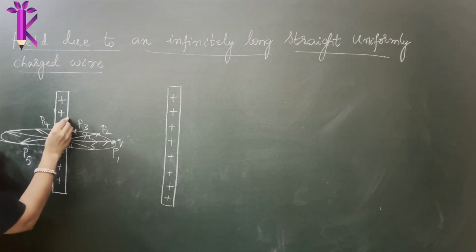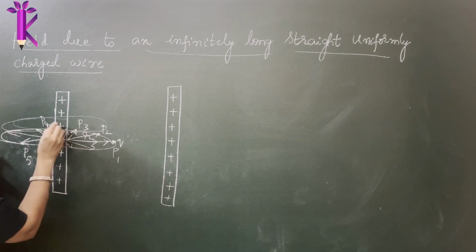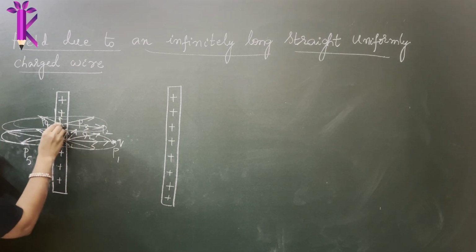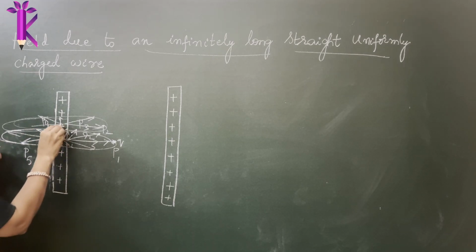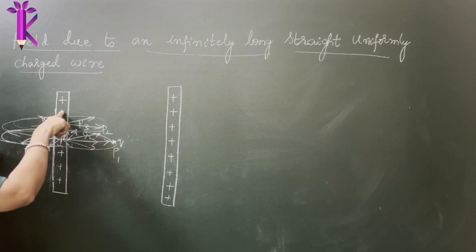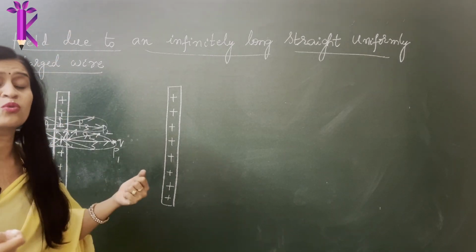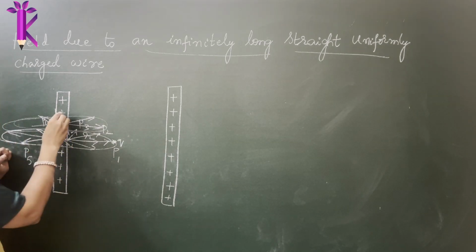So similarly, you assume this infinitely long wire to be divided into such cross-sectional areas. Everywhere you see it is radially pointing outward, and it is also experiencing a force of repulsion. So this charge wants to go away from this charge, and this charge wants to go away from this charge, because like charges repel. They don't want to be close to each other. Somehow they settle apart. So there is repulsion everywhere.